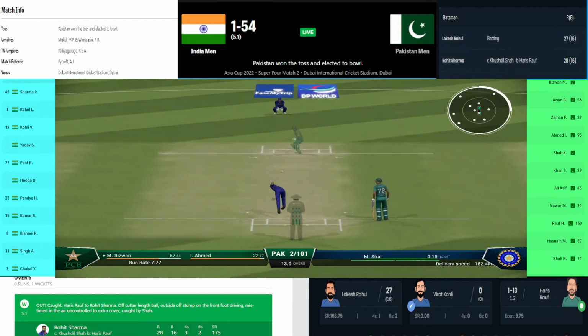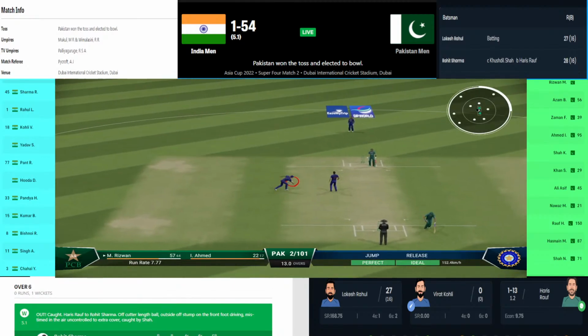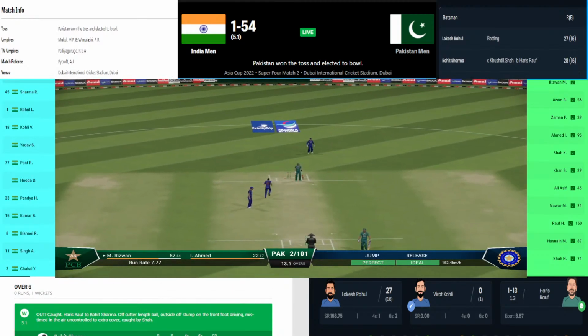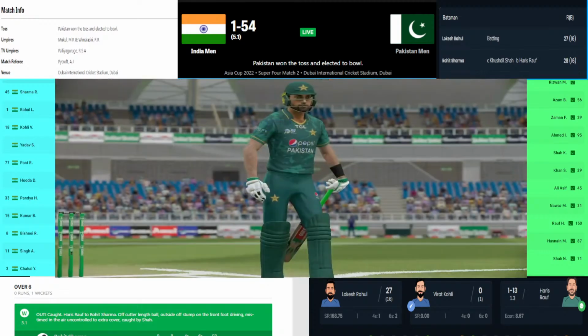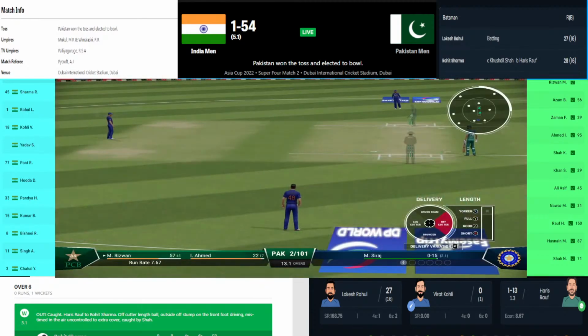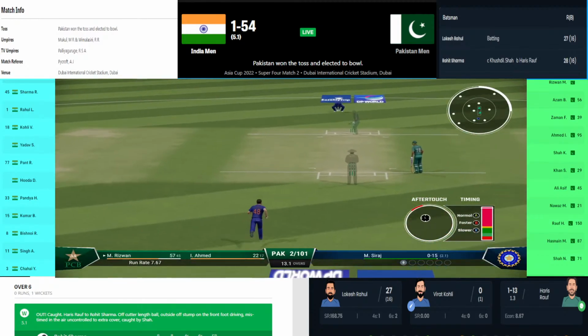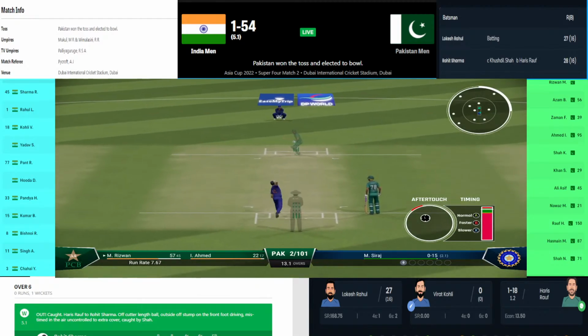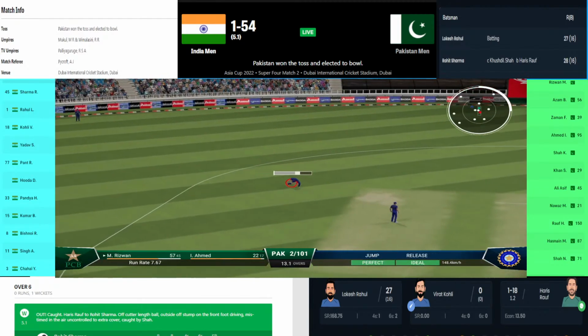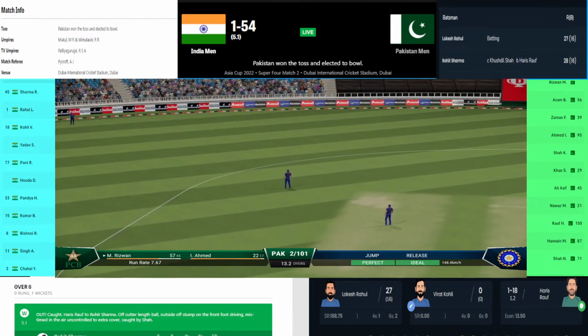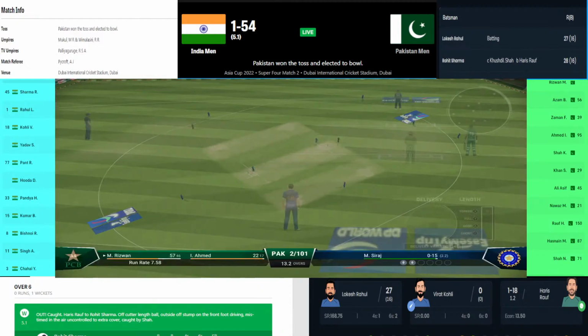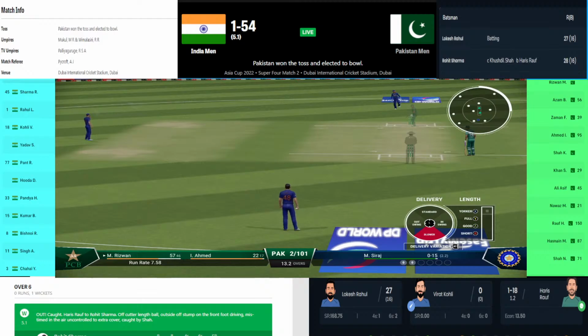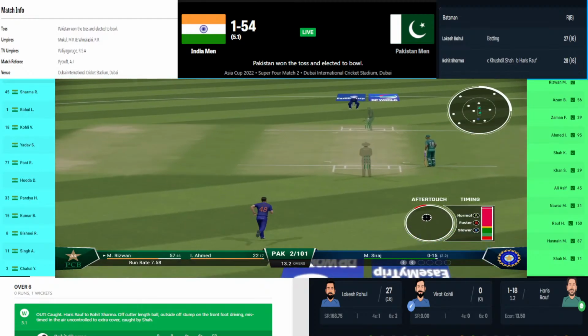KL Rahul will be on strike, man. KL Rahul, not Virat Kohli. KL Rahul is on strike. Haris Rauf to KL Rahul. This time the delivery comes back into Rahul. He just taps that ball. The mid-wicket fielder will take that, and by the time he takes it, there is enough chance to get a single, and with the help of that single, India's score moves on to 55 for 1 after 5.2 overs.